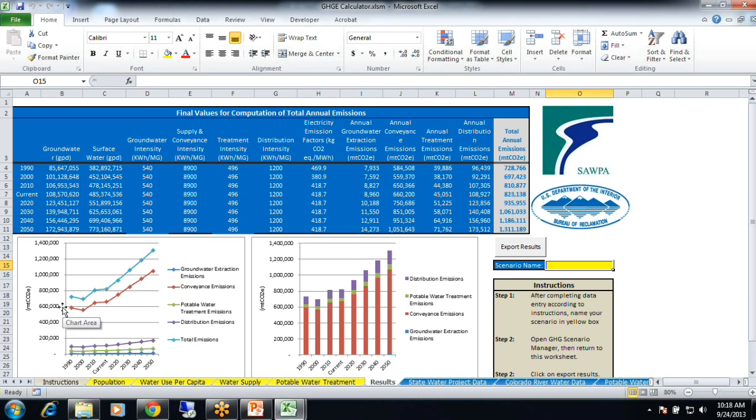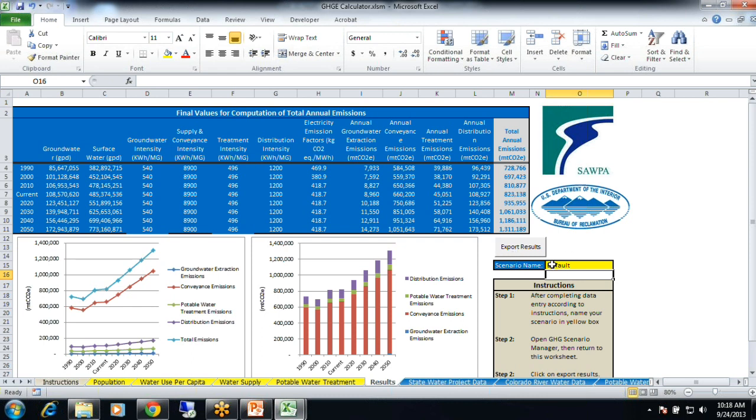So this is using all Southern California default data with just the very minimum population data required to run the model. So if you're interested, you could say, well, if I were to use all of the default data, what would happen? So I'm going to name this scenario default because it's mostly default data.